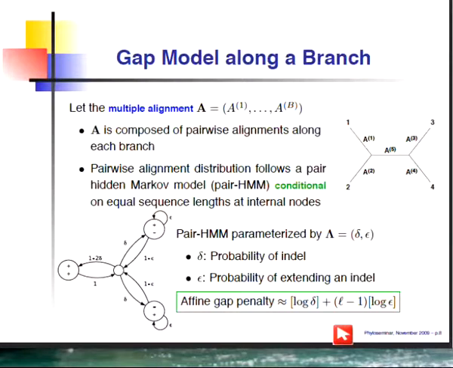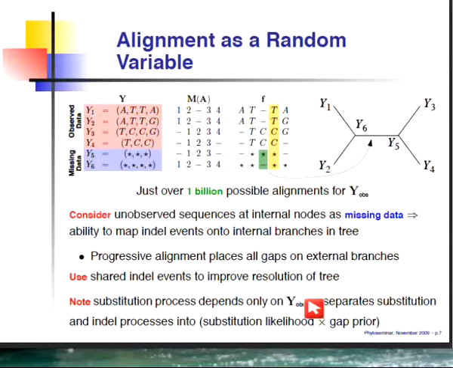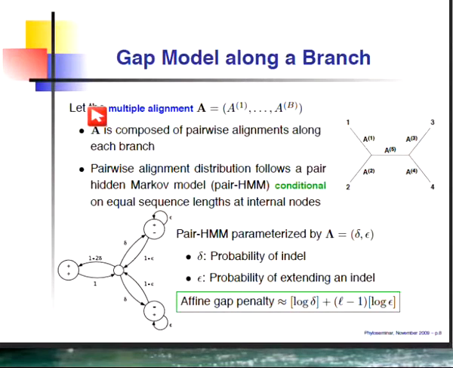So what might a very simple model for a gap prior look like? And the simplest model that I can think of works in the following way. Let's decompose each of the homology statements that we had in that matrix on the other slide into a number of pairwise alignments on each branch of the tree. So we can take the augmented multiple sequence alignment and rewrite it as a number of pairwise alignments on each branch.